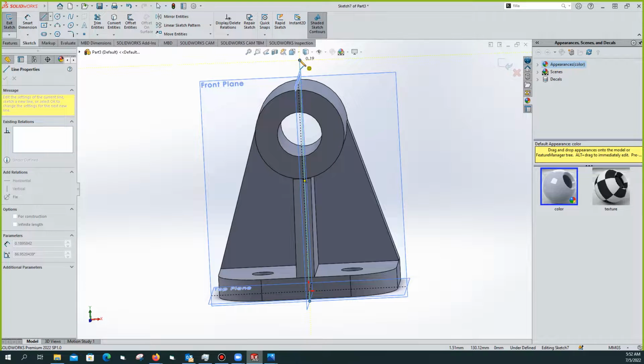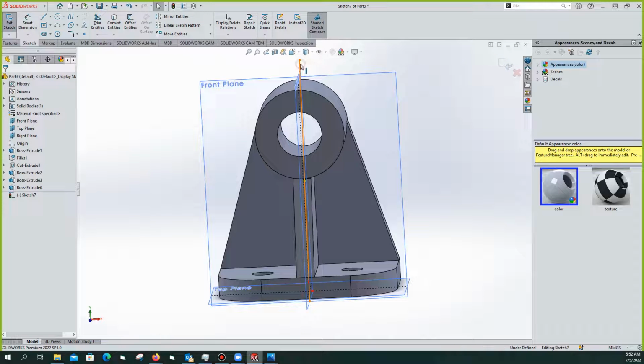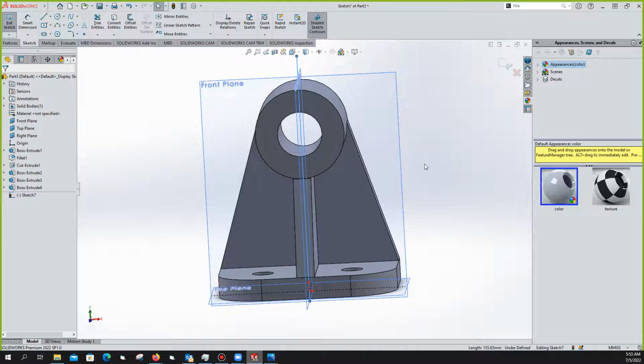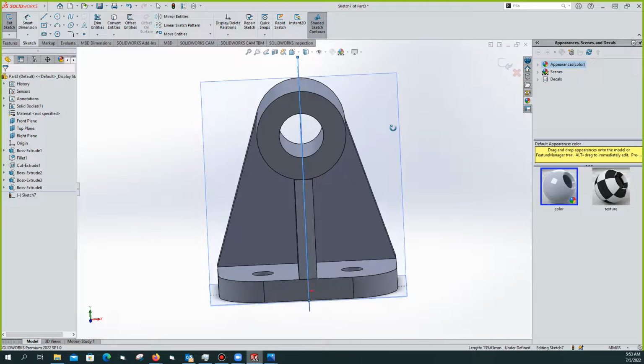Is it? Okay. And the degree here should be 90 sharp on the plane. The distance is 138. Okay. Then at 138,